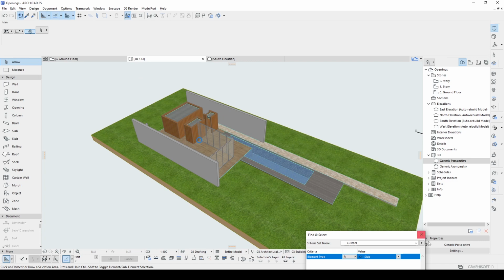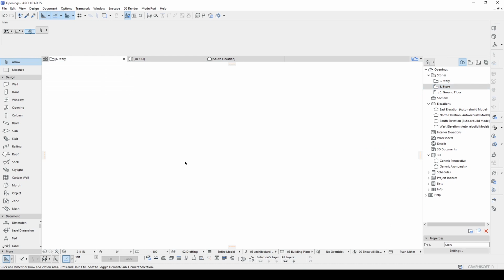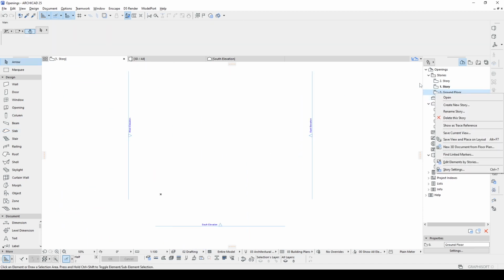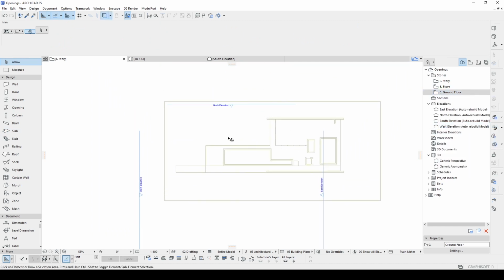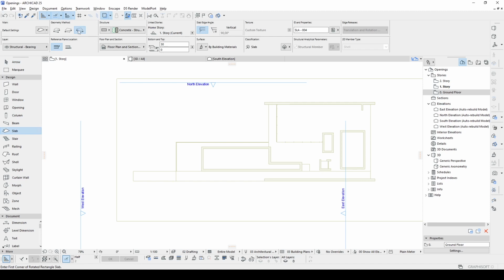Alright, at the very first I'm going to create the roof part, so I go to the first floor, and for the roof I'm going to use a slab. I'm not going to use a roof because it's going to be flat. I'm going to right click the ground floor and click show as trace reference, and we will see the ground floor as an underlay. After that, I'll just go to the slab tool, and for the settings I prefer this rotated rectangular,